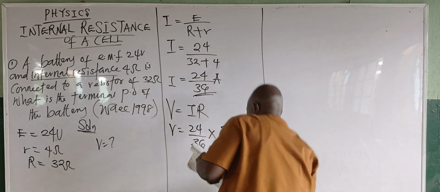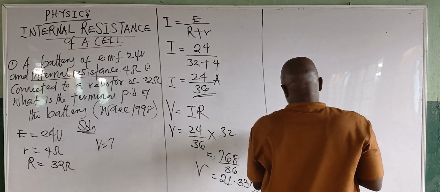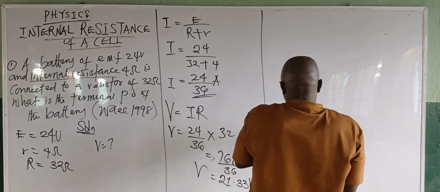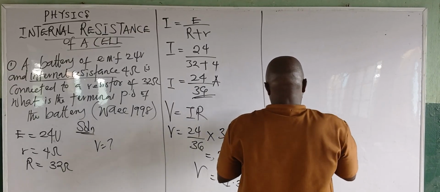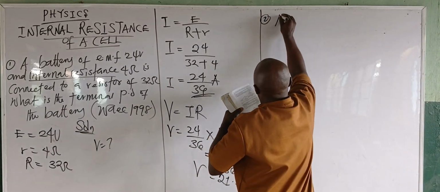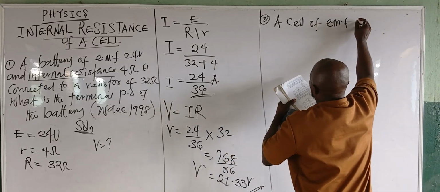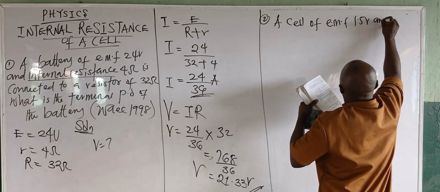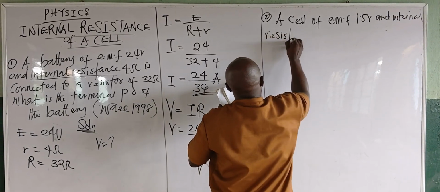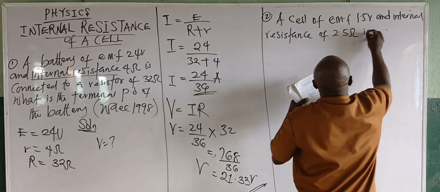Question number two. We are told here that a cell of EMF 1.5 volts and an internal resistance of 2.5 ohms is connected